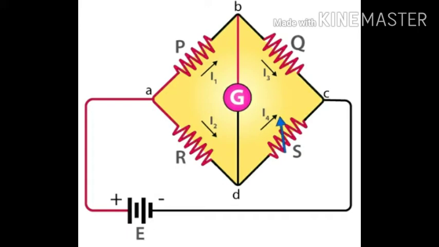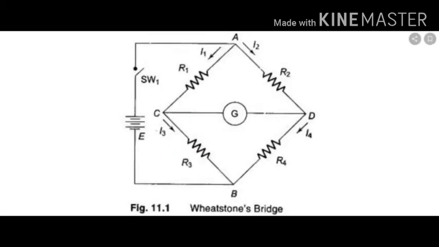In the previous video, we learned that the Wheatstone bridge only shows zero deflection inside the current detector when the complete balance condition is achieved, which states that the ratio of the adjacent arms of the Wheatstone bridge should be equal to the ratio of the other adjacent arms in the circuit. Hence, the current flowing through the current detector will be zero, and the typical balance condition for this is R1 by R2 is equal to R3 by R4, and by this you can test various resistances by connecting them in a Wheatstone bridge.